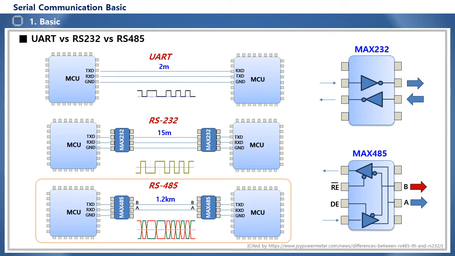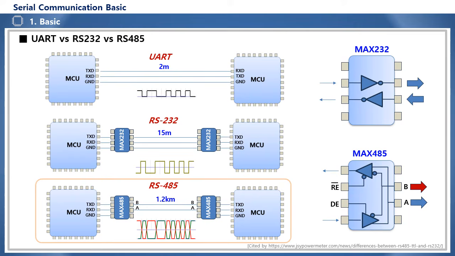RS-232 is a communication standard that allows communication up to 15 meters and requires 3 lines, but in actual industrial sites, communication over longer distances is often necessary. So what should we do? In order to establish long-distance communication, the problem of external noise that will inevitably occur in long communication sections and the problem of voltage drop due to line resistance must be solved. To solve these problems, differential signaling, that is, communication using differential signals, must be used, and the long-distance communication method that adopts this signaling method is RS-485.